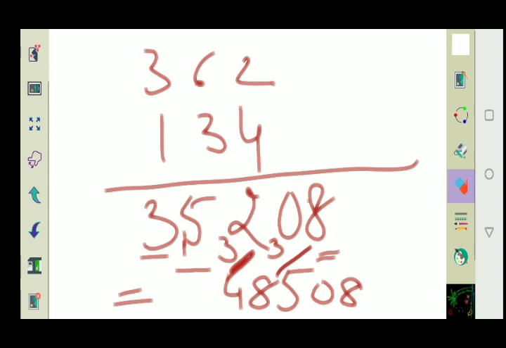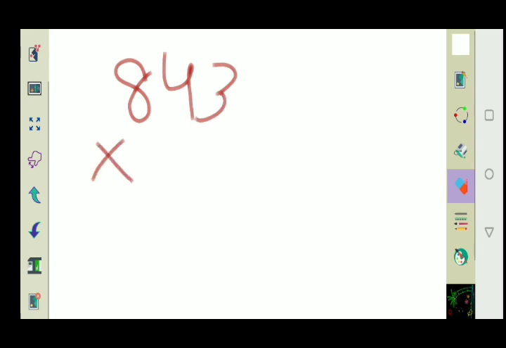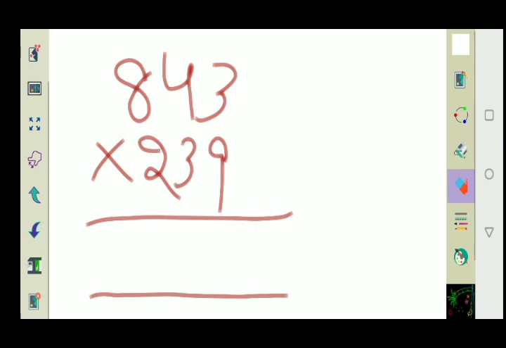The method may seem a bit difficult at first glance, but when you try to do it yourself following the set pattern, you will find that in a single step you are easily doing this calculation in just a few seconds. So I am leaving you with some examples. Multiply 843 by 239. Just note down the time in which you are doing it, and confirm it from the calculator.